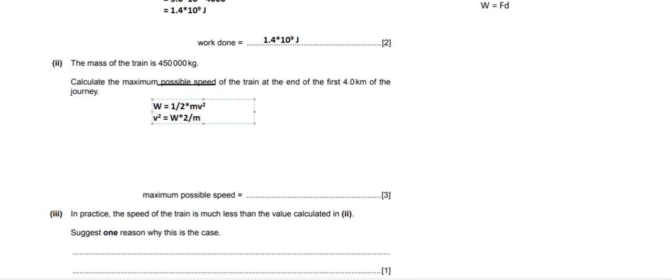So if you make the v square the subject, you will get 2 multiplied by the work done divided by the mass of the train. Here the work done value we know is nothing but 1.4 multiplied by 10 raised to 9. This is the value of the work done that we already calculated, multiplied by 2 divided by the mass, that is 4.5 into 10 raised to 5 here. So this value is nothing but this, and if you calculate this entire value,